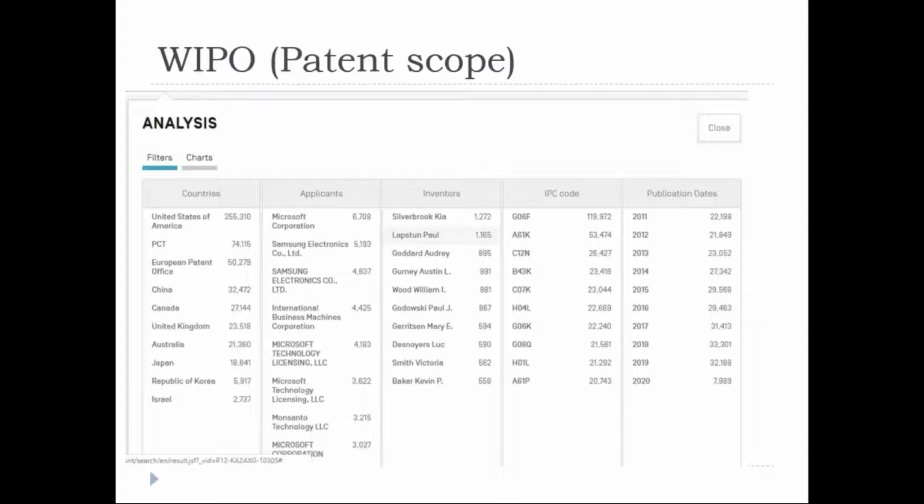And very specifically I emphasized the WIPO PATENTSCOPE website, about which I personally received feedback. They asked me to explain how this particular IPC based search can be useful or effective in terms of doing patent search.